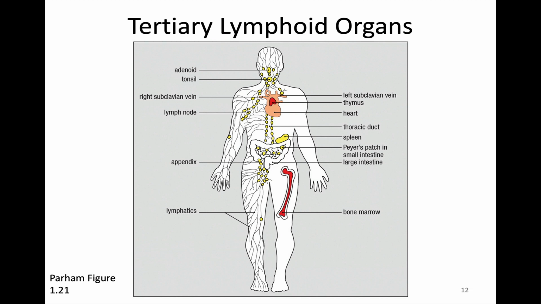Honestly, it's every single organ. Any organ could be a tertiary lymphoid organ. So I guess I will explain it like this: right now, this patch of my skin is fine. Everything's all good. So we probably wouldn't say this was a tertiary lymphoid organ, but I slipped and fell